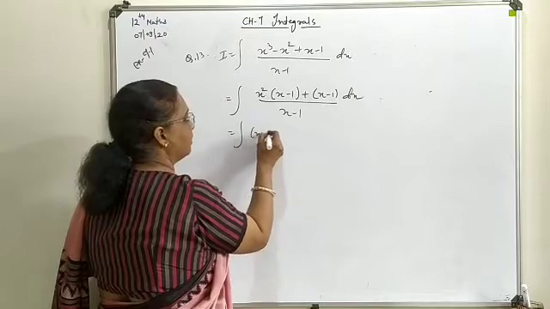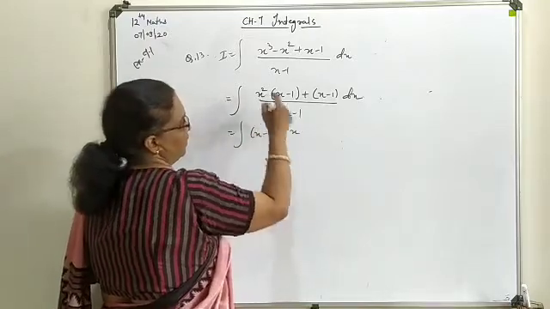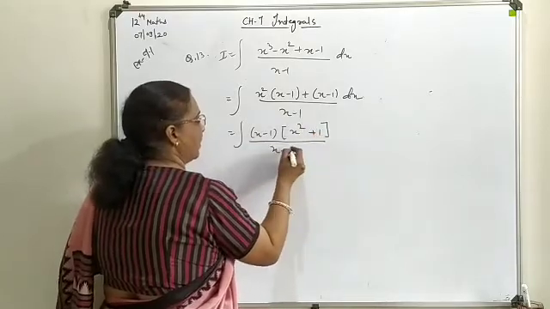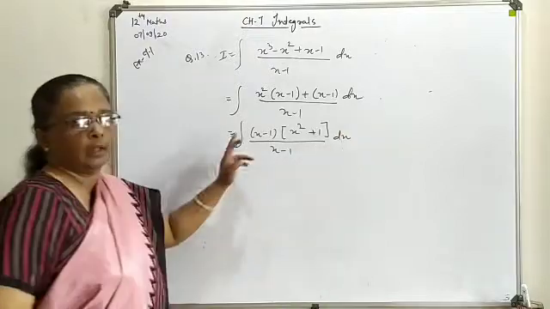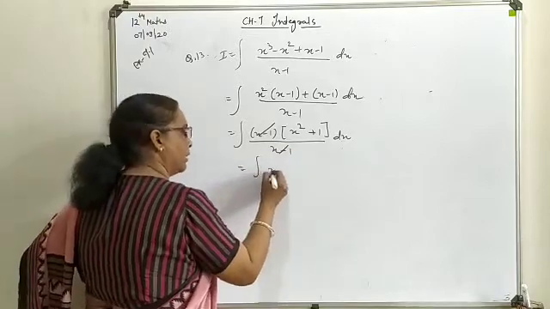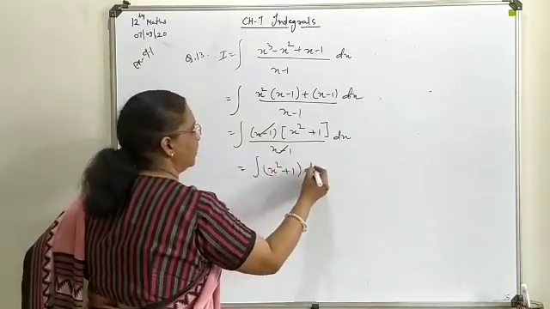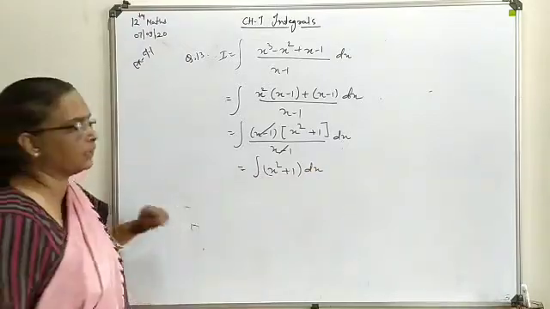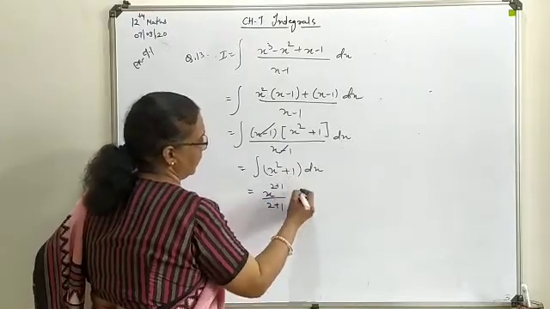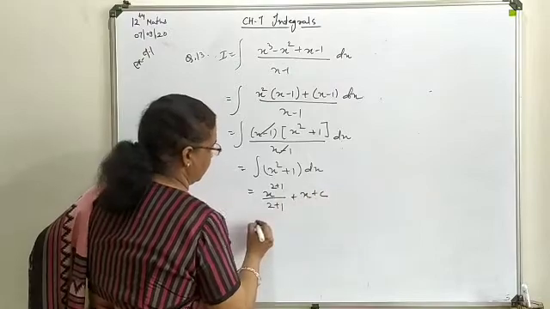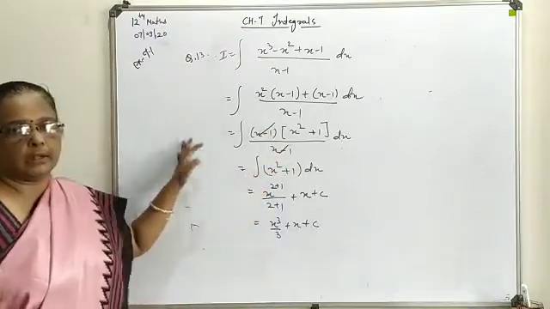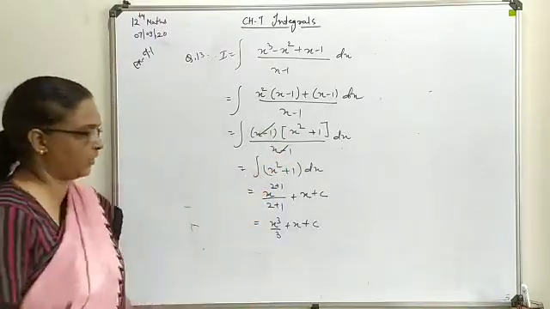Now here x minus 1 we have taken common, so inside the bracket x square, and here plus 1 is left with you, divided by x minus 1. This common bracket will cancel. So for integration only this much is left with you, two terms. Now proceed for integration. x power 2 plus 1 upon 2 plus 1, plus integration of 1 is x, and this is constant. Means x cube upon 3 plus x plus c. So this is the integration you will have for the algebraic expression.